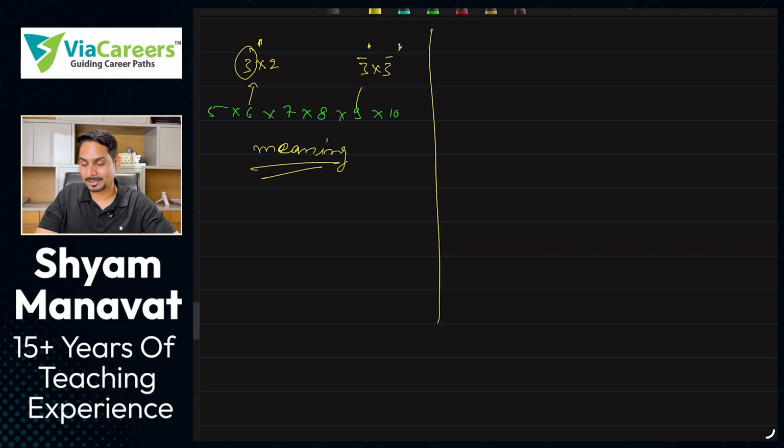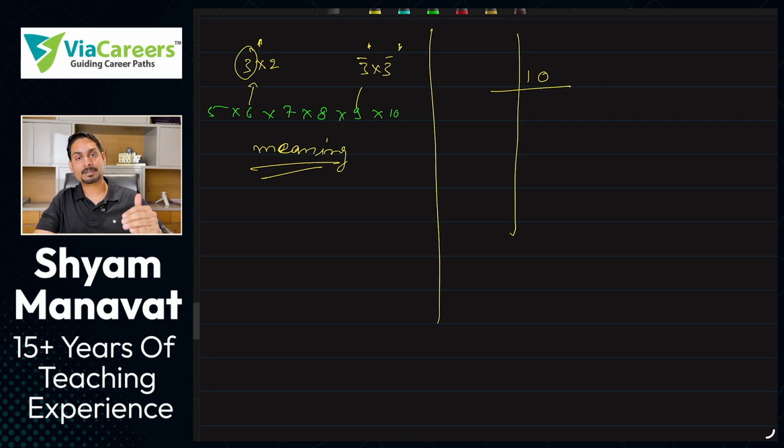So the shortcut is this: you need to check the highest power of 3 in 10 factorial. Write 10 here and divide it by 3. I know it is not divisible by 3, but divide by 3. We are not finding factors here. If we were finding factors we would divide by 2. In factors, what do we say? Factors are the numbers which exactly divide the given number. This is not about factors. What are we calculating here? What is the highest power of 3 that exists in 10 factorial, or by what highest power of 3 is 10 factorial divisible.